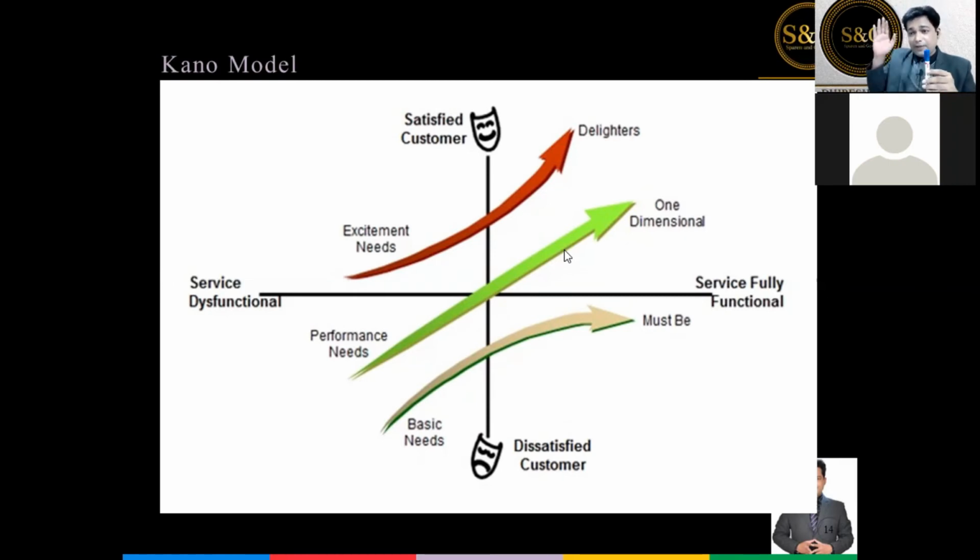So the product or service is outperforming the specification given to the customer, which is good. This is the one-dimensional performance need. The more you give, that's what the arrow shows. The more the customer will be satisfied if you exceed the stated specification. If you say this will run for 2 months and it runs for 3 months, great, fantastic.